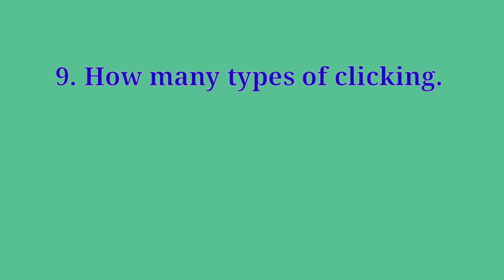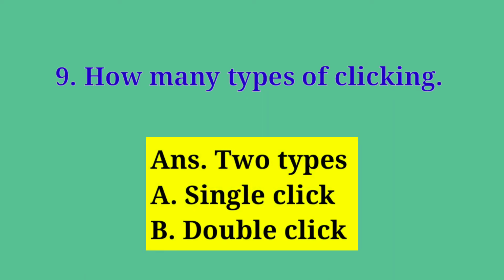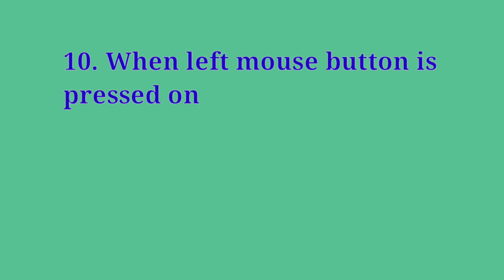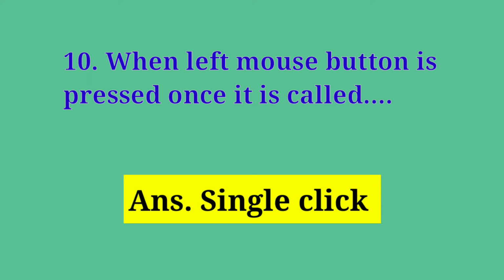Question number 9. How many types of clicking? There are 2 types of clicking: single click and double click. Question number 10. When left mouse button is pressed once, it is called? When the left mouse button is pressed once, is called